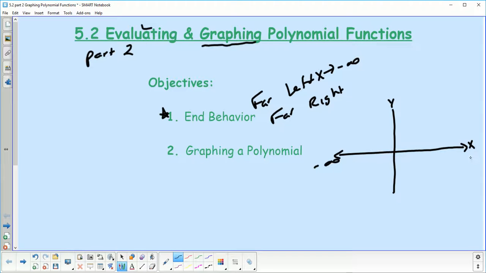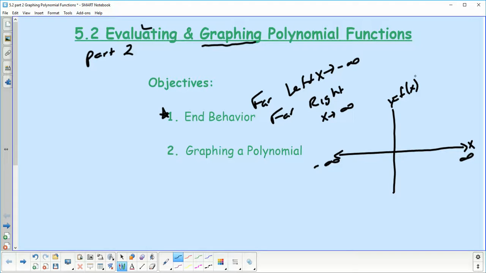And then to the right, out here, they're getting bigger and bigger and bigger, which means they're approaching positive infinity. So to the far right, we're talking about when x approaches positive infinity. And we want to know what happens to y. Well, remember, y we also call f of x. Okay, so we're looking at the far left as x approaches negative infinity, and the far right as x approaches